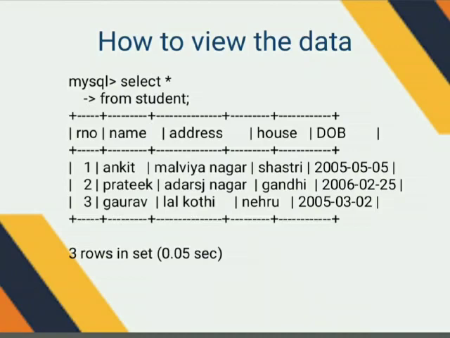From which table? From is also a clause. From which table do you want to view? We have to give the name of the table after from. After completing the query, what do we do? We put a semicolon. Semicolon means our query is complete and it is ready to be executed. As soon as I put the semicolon, this output will be in front of me with the complete information of the student table.